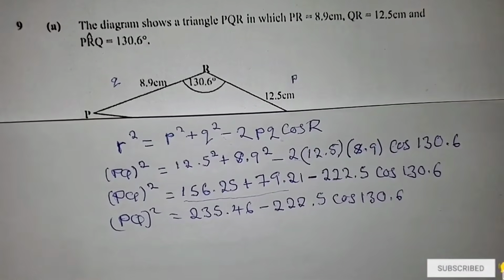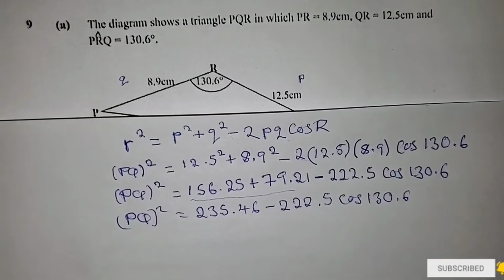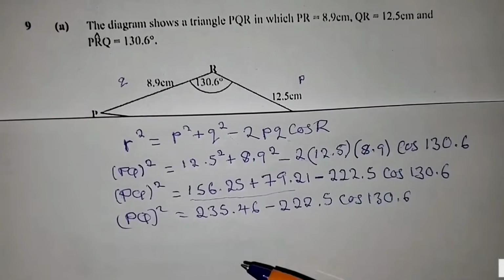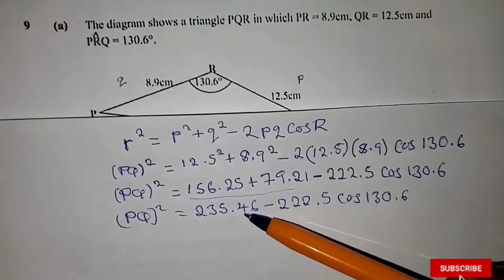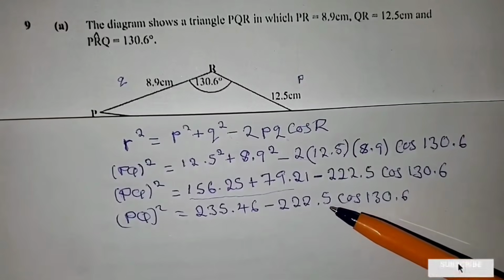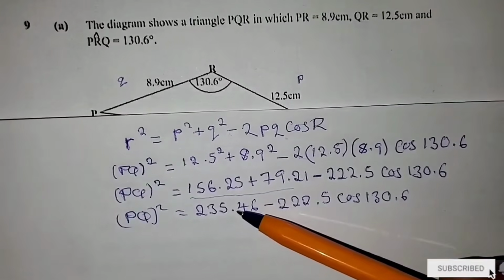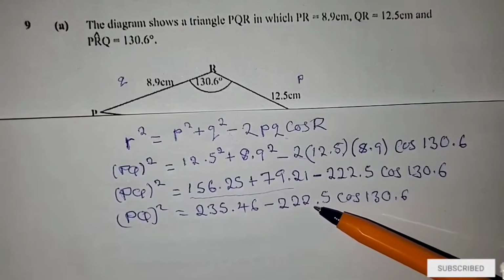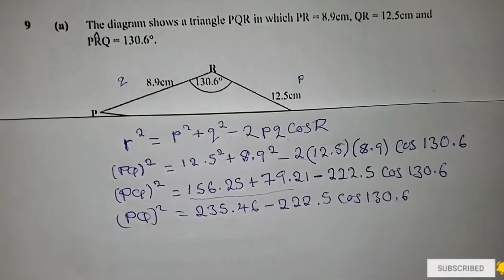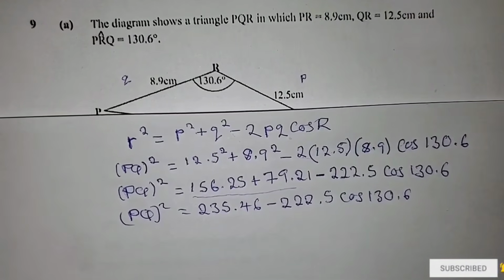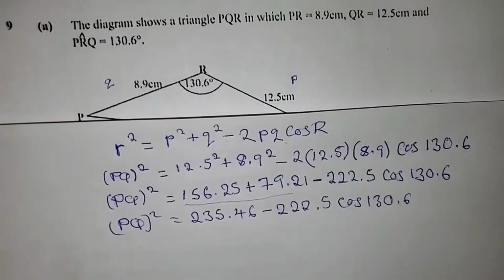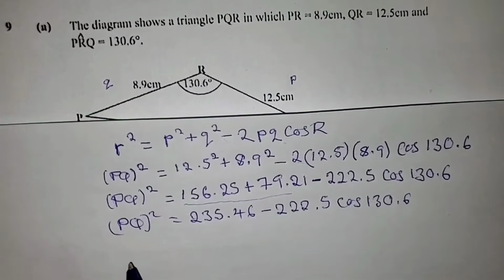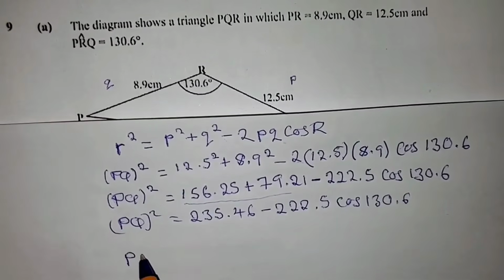Okay, now we can punch everything on the calculator at this stage. So you can say 235.46 minus 222.5 cos 130.6 at the same time. So after punching everything on the calculator, it's giving us